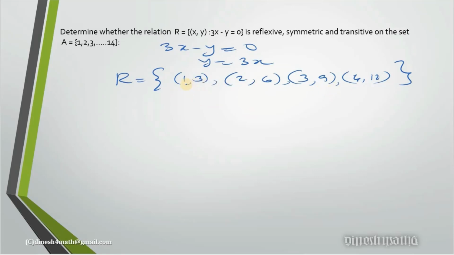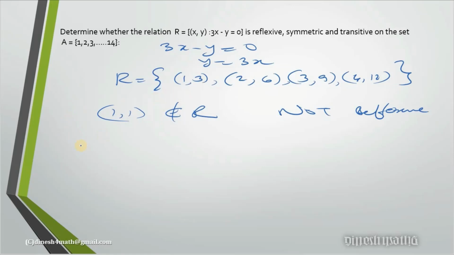Now if you observe here, you cannot find (1, 1) or (2, 2) in that set. So is it a reflexive relation? Never, right? The first thing we need to check is whether it is reflexive. There is no (1, 1), (2, 2), (3, 3) or (4, 4) in the given relation. So you can say (1, 1) does not belong to R. So it is not reflexive. You can say (1, 1) or (2, 2) or whichever element you want. Just one element is sufficient to say it is not true.